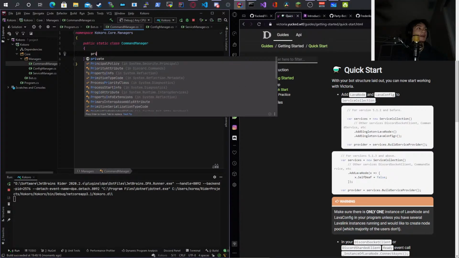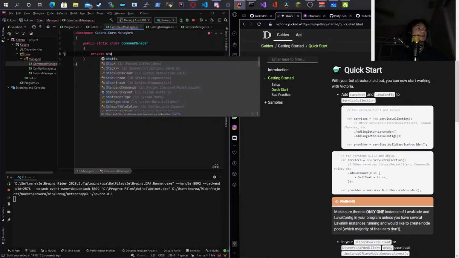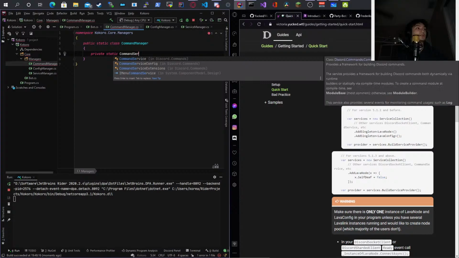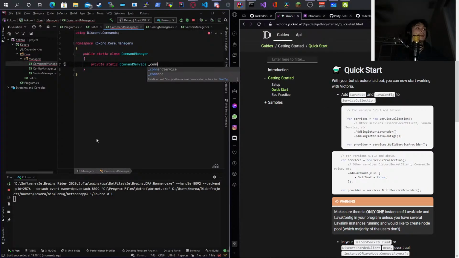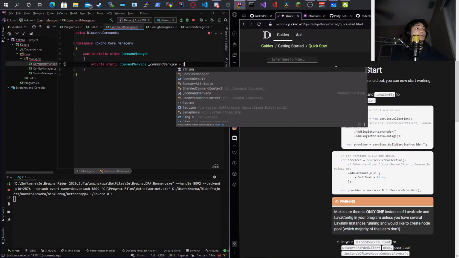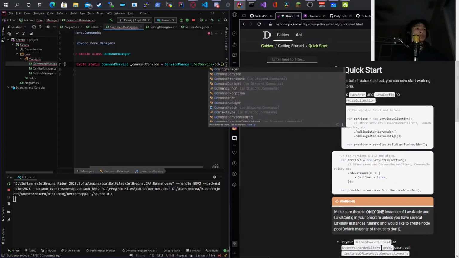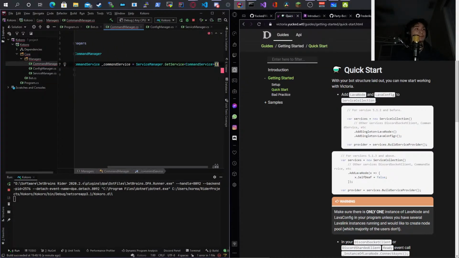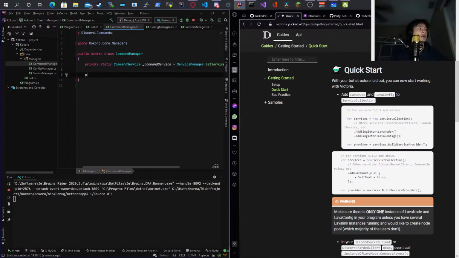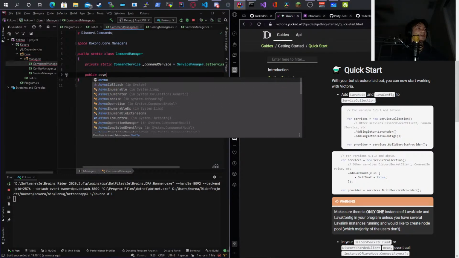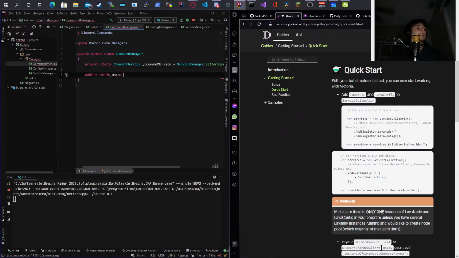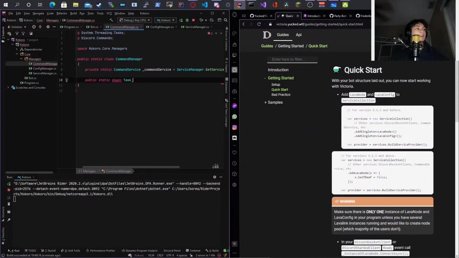And then I can do private static CommandService commandService equals ServiceManager.GetService, and then I can do CommandService. There we go. And then I can do public static async Task LoadCommandsAsync,